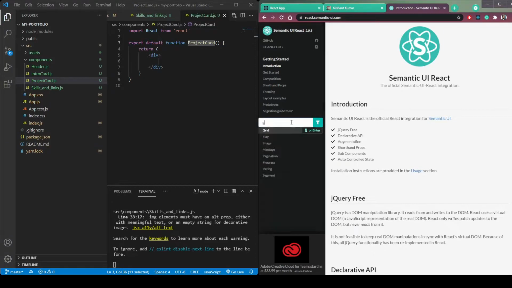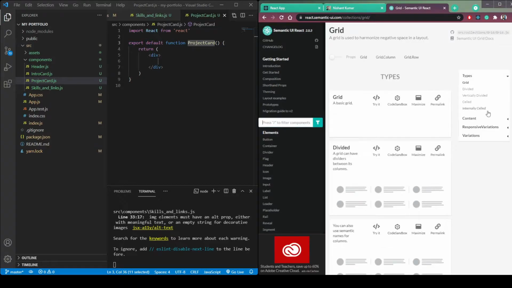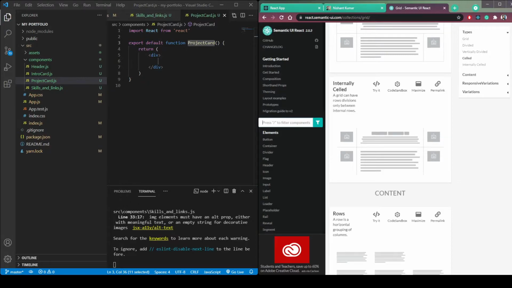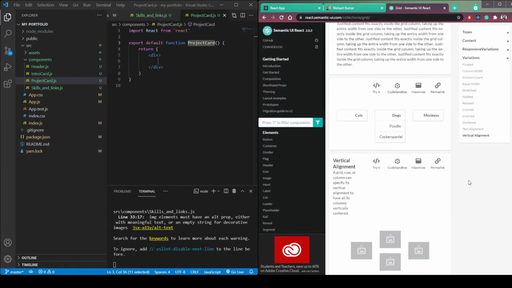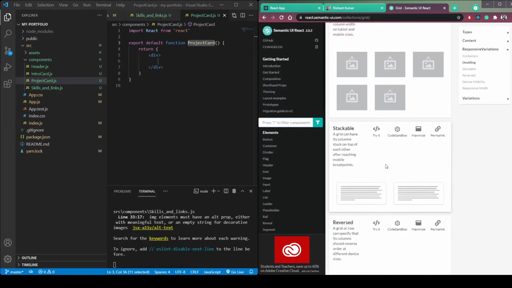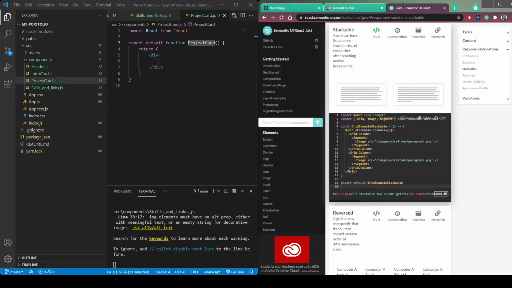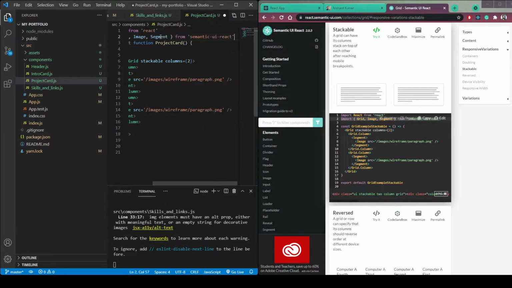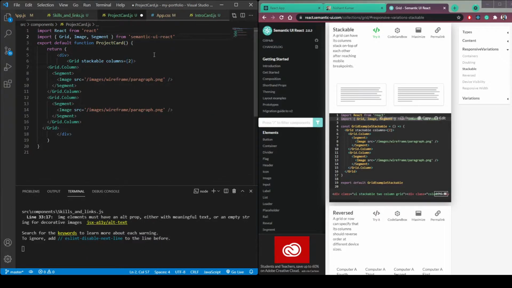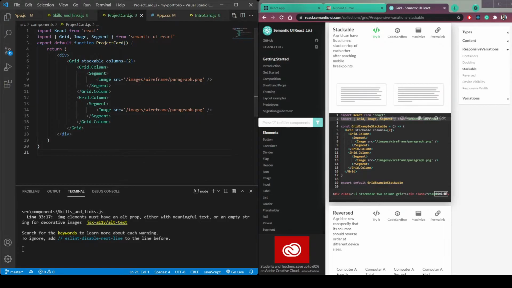So in the search bar, search grid here, and then go all the way down, and let's use this stackable card. It is a responsive card. So copy this and paste it inside this div. Also import it from the Semantic React package. Click save the file.